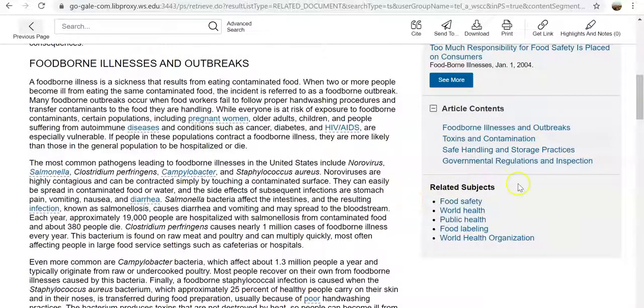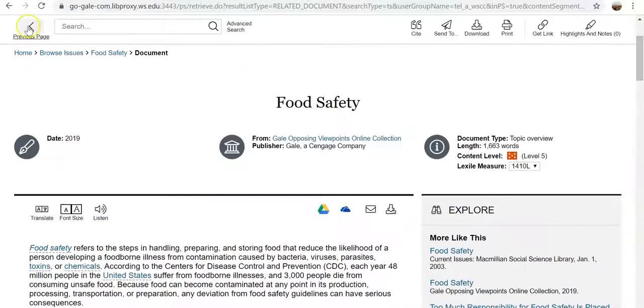There's also related subjects provided to us by the database. So over here on the right, a term like public health might be really good for searching in our basic search box or advanced search box in this database, or even could be applied to other databases we might use. So keep these in mind. When I go back